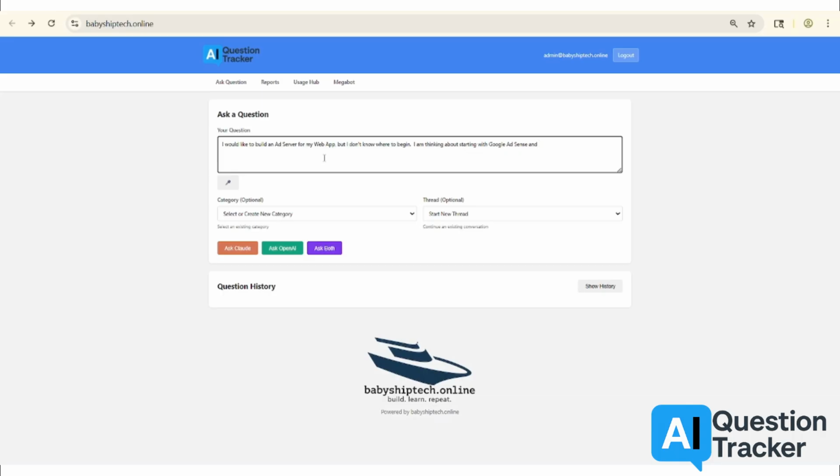Below the question box, you'll see category and thread. Category lets you decide what this question is about, not what the AI thinks it's about, what you say it's about. Categories do not exist until you create them in question history below, which we'll cover next. Once a category is created there, it will appear here so you can deliberately attach future questions to that same